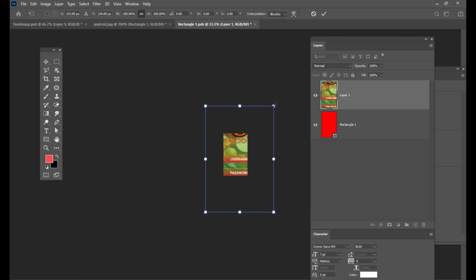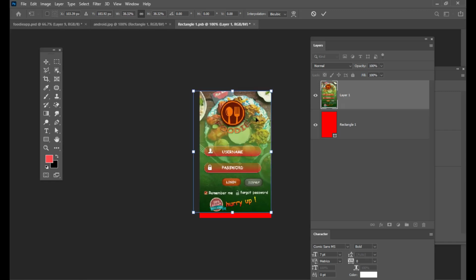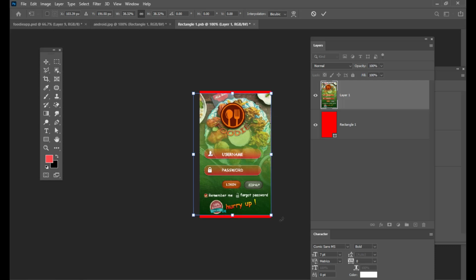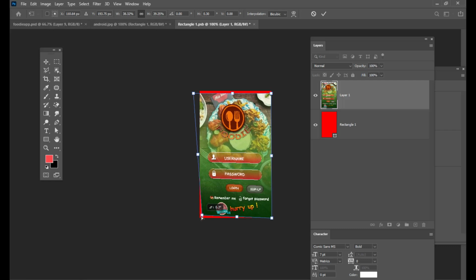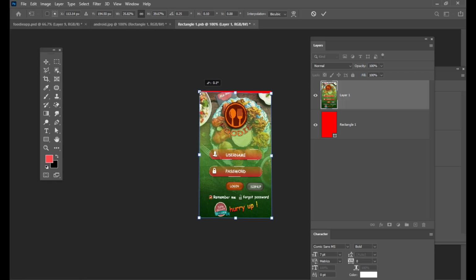The most important thing is to adjust it properly. Hold control and adjust the corners. That is very important here.